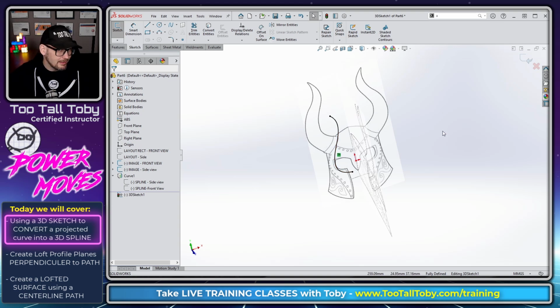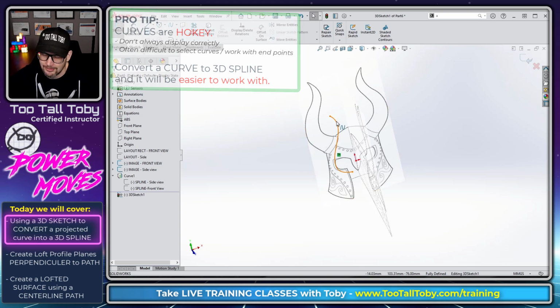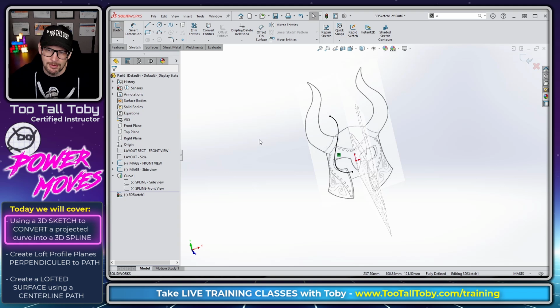Now, as an aside, the curve tool itself is a little bit hokey. It doesn't really display correctly when you rotate. Sometimes it's difficult to select the endpoints of that curve. So there are other benefits of converting this into a 3D sketch spline. In my experience, it's just a little bit more reliable and easier to work with. So just keep that in mind. You don't have to do that. We could use that curve as our path for the loft center line, but we're going to use it converted into a spline. It's easier to work with,